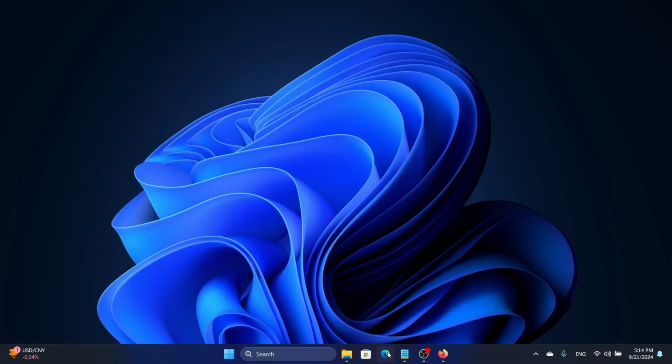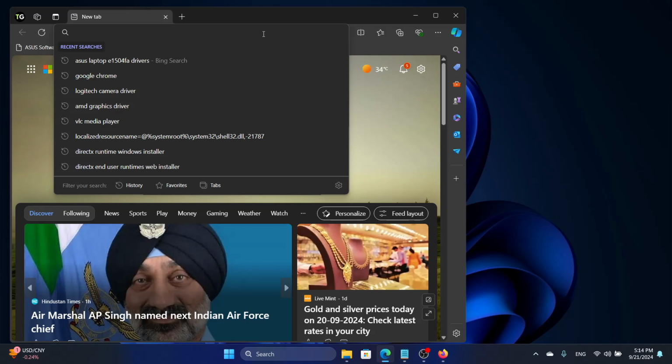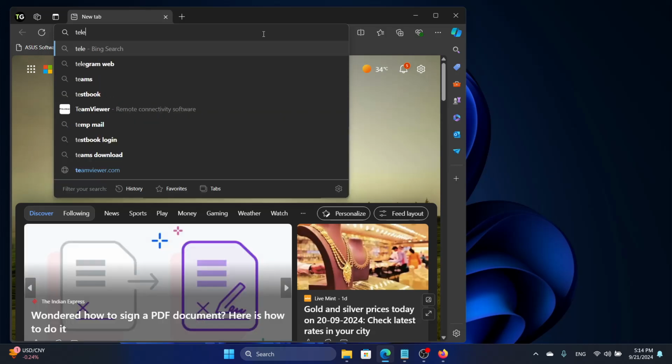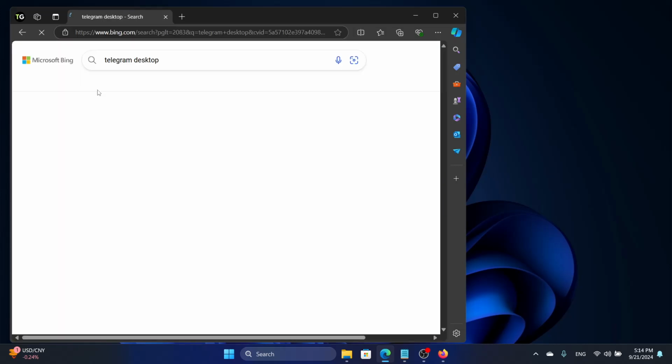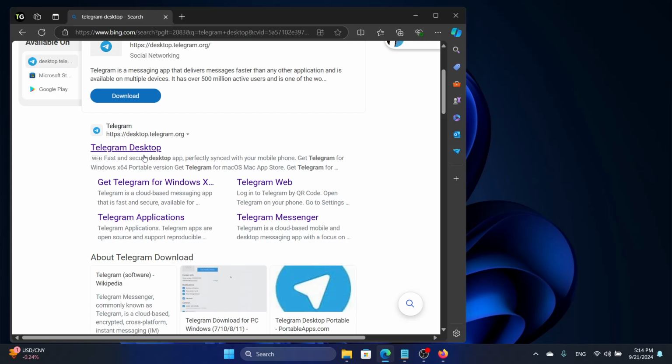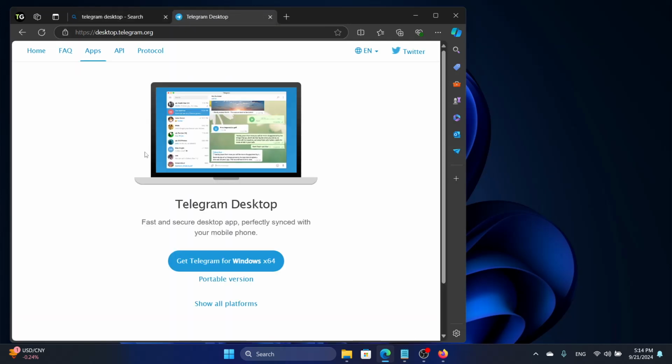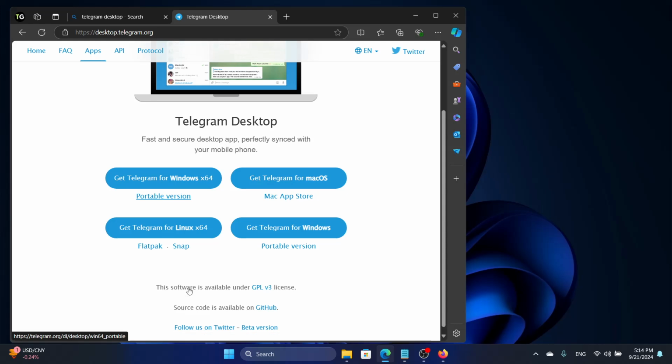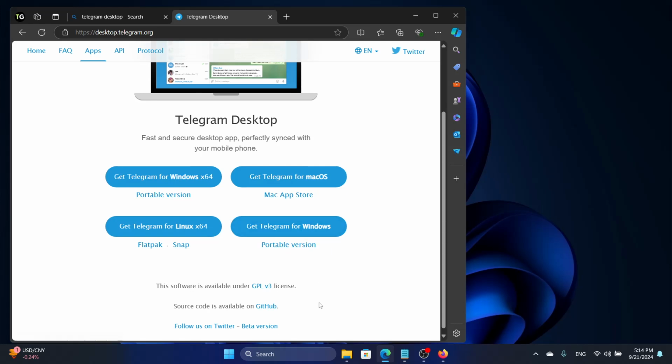Now if you would not like to download from Windows Store, then just look for the Telegram desktop and you can click on download here if you're using Edge, or if you're not using Edge, go to Telegram desktop and you can click on get Telegram for Windows 64. If you do not have a Windows 64, then you should look for other Windows, but let me tell you